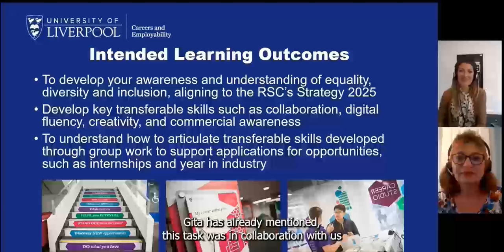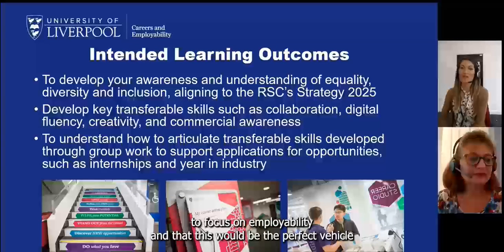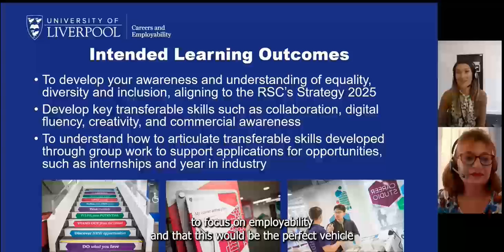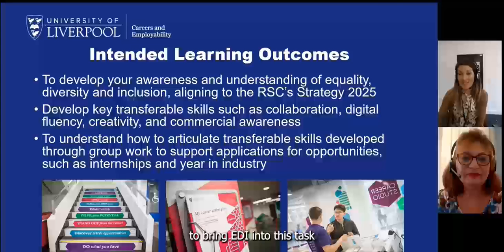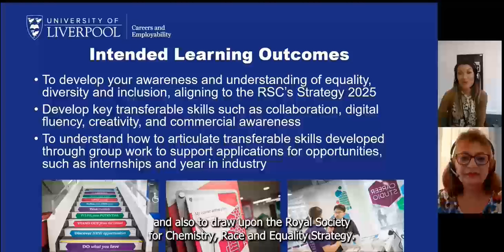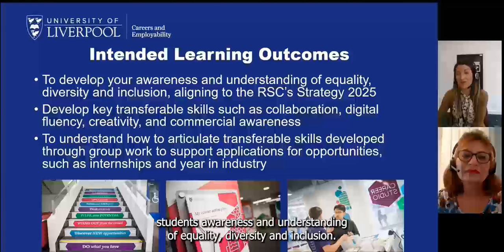So as Gita has already mentioned, this task was in collaboration with us in Careers and Employability. And we were really lucky that we were able to focus on employability and that this would be the perfect vehicle to bring EDI into this task and also to draw upon the Royal Society of Chemistry's Race and Equality strategy. So the three learning outcomes that we agreed were to firstly develop students' awareness and understanding of equality, diversity